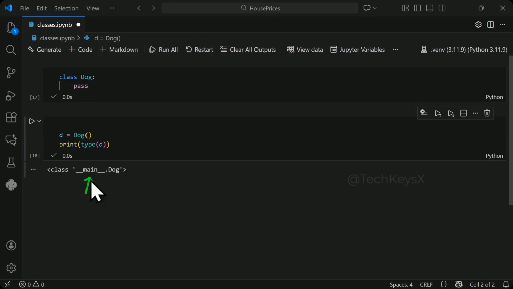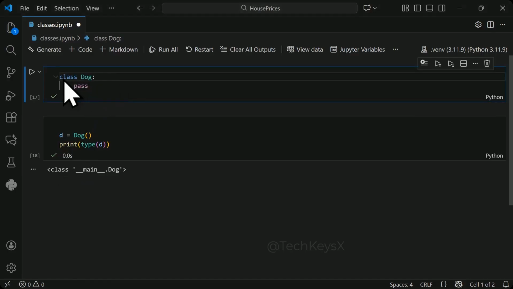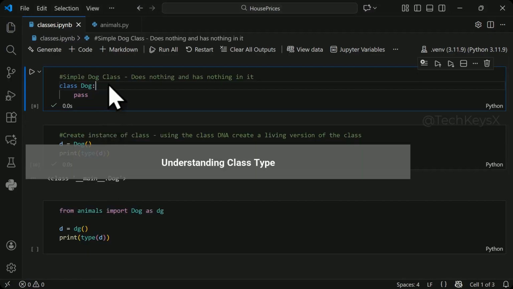Later on, I will explain what does this mean and what does this mean. So I hope you like this video so far in understanding how do you actually define a class. It's very simple. Just use the lowercase word class and name your class, 2 colons, and so far we'll just leave it empty, not get it to do anything. So we created here a simple class called dog, and this class basically, as I said, does nothing and